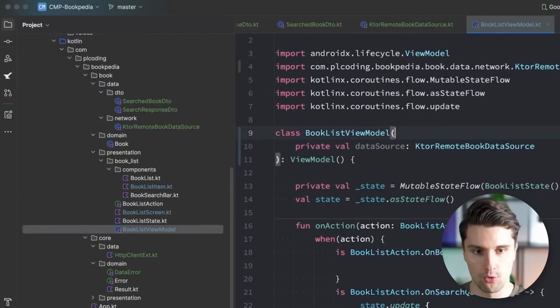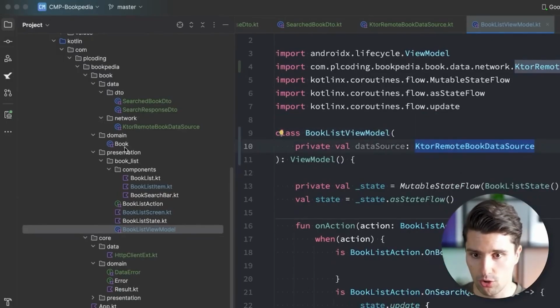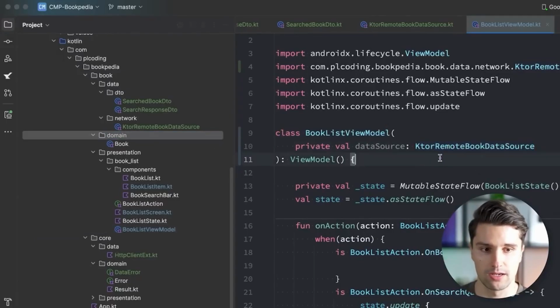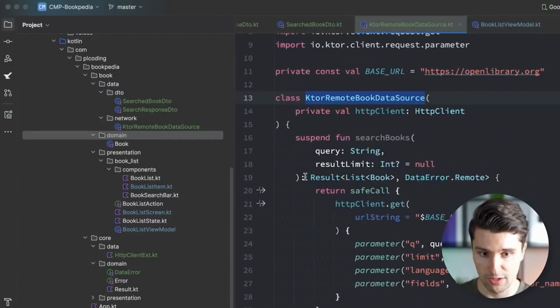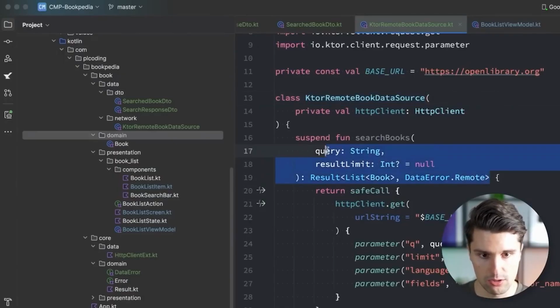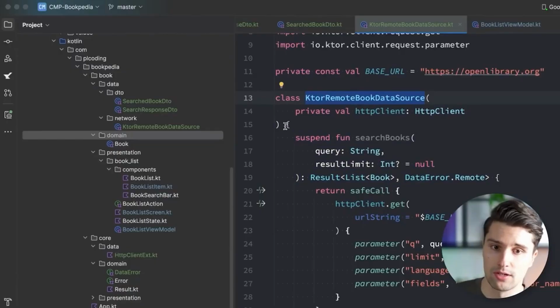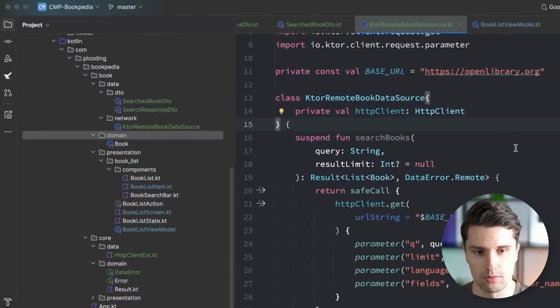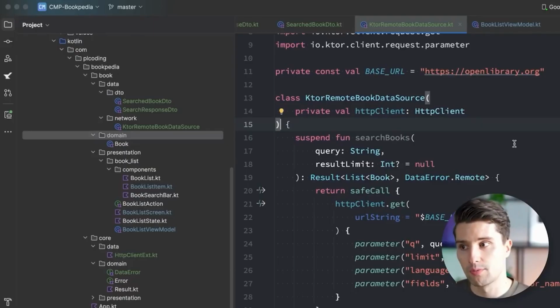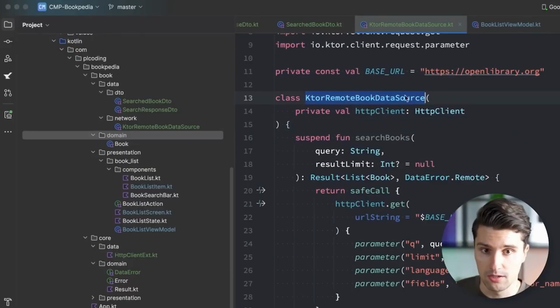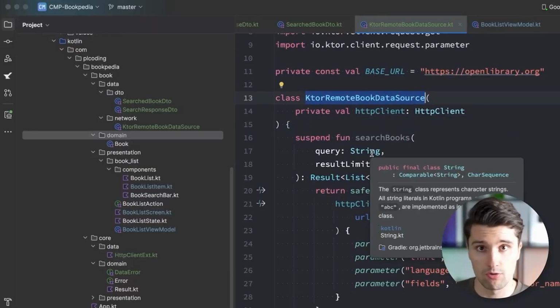So what do we do here? We could create an abstraction for this. So we could go in our domain layer and we create something like a remote book data source, which really just provides the function signatures like this, that this data source should have. This actual implementation can then implement that abstraction that we've created in domain, since this way around, it's completely valid. If the abstraction sits in domain, then data is allowed to access that. Since there was an arrow from data to